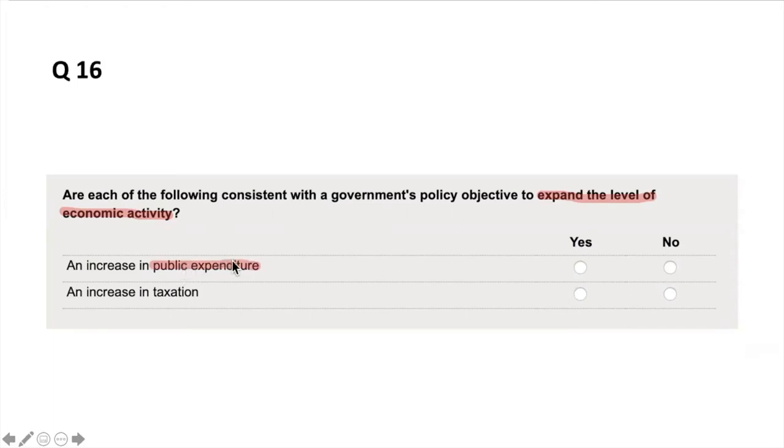If you spend more money in housing and pension, in whatever, for your public, that means that your public gets better off. They probably make more money. They can do more things with the money that the government is spending on their behalf. So that will help expand the level of economic activity. Now, if you increase taxes, that does not help, because you actually have to pay taxes based on the profits and what people are making, either as a business or as an individual, and that means you're left with less money to spend, and that does not expand the level of economic activity. So higher taxes don't, but public expenditure, of course, does.